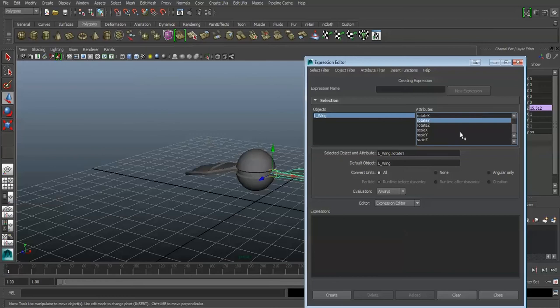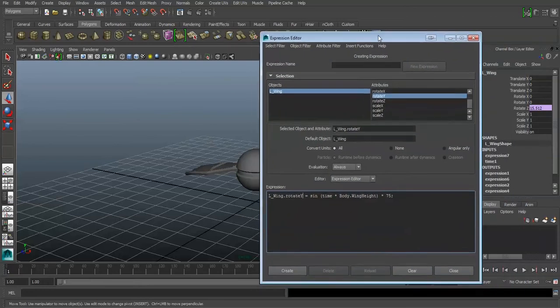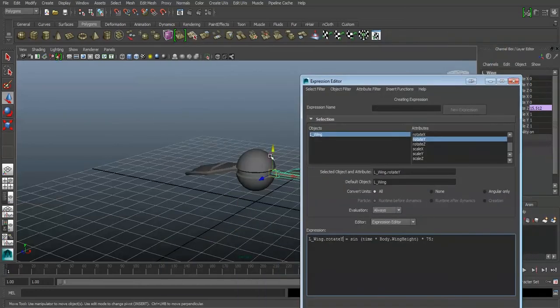And we will do the forward and backward motion of the wing. And for that, we're going to be editing Y. Now what you can do, you can just quickly copy this if you don't want to write everything from scratch. I mean, it doesn't really matter, it's just what you prefer. Just make sure that you have everything typed in correctly. Like, you make sure you change the rotation to Y, and then plug in the name of your